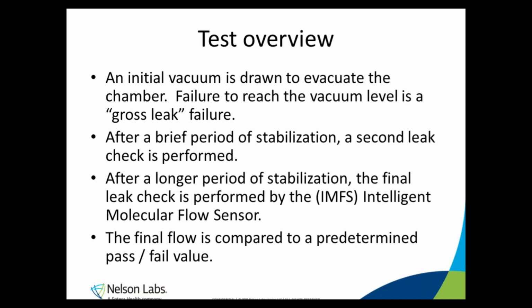Then we go to the final part, which is the fine leak check. This is where we're looking for those defects down to 2 microns or 5 microns, depending on the test method. For the fine leak check, the mass flow is diverted through the IMFS, or Intelligent Molecular Flow Sensor. The IMFS is a super sensitive detector that was developed by ATC to measure mass flow in very, very small quantities. The IMFS can measure very minute quantities, and that is really the reason why this test is the most